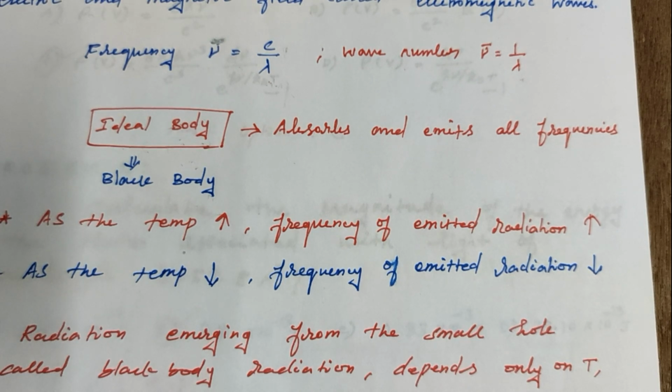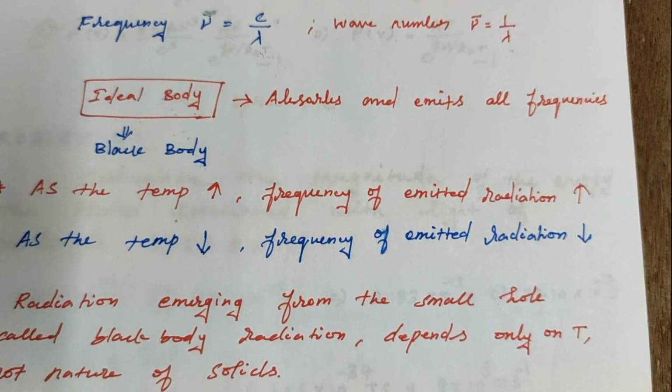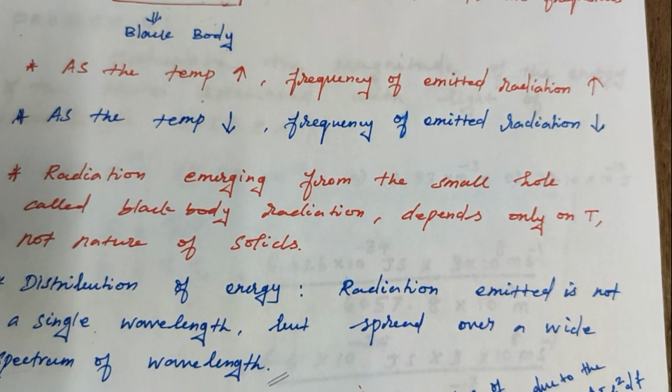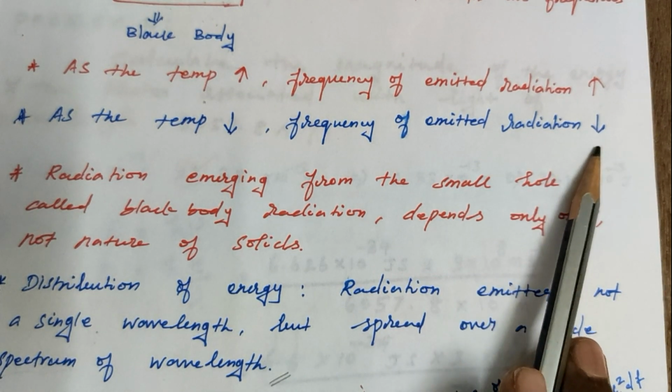And when we further raise the temperature, dull red turns dark red. If we raise the temperature more, it turns white, and finally we can see the burner burning in blue color. From this, what can we understand? As the temperature increases, the frequency increases. Red color is a lower frequency than blue color in the region. As the temperature increases, the frequency of radiation increases. As the temperature decreases, the frequency of emitted radiation decreases.